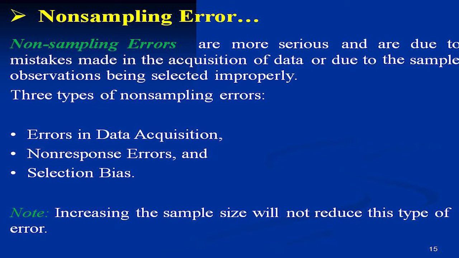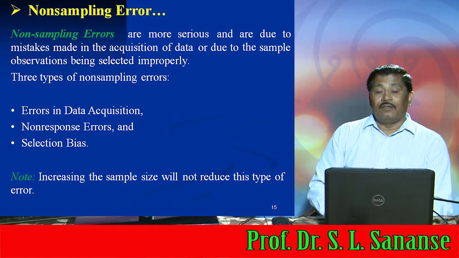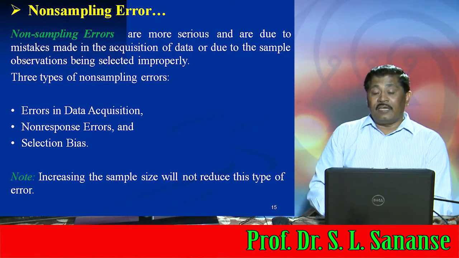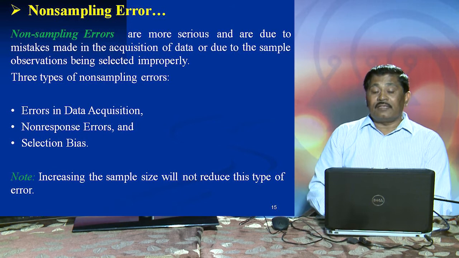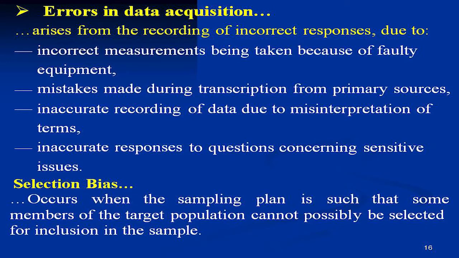So, these things are very, very important: non-sampling errors are more serious and are due to mistakes made in the acquisition of data or due to the sample observation being selected improperly. So, you have to consider these things. We have to note that increasing the sample size will not reduce this type of error. Sampling error can be reduced by increasing sample size, but for non-sampling error, increasing the sample size will not reduce this type of error. So, this you have to remember,